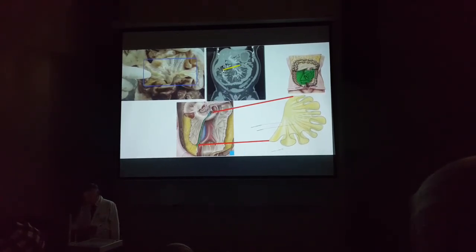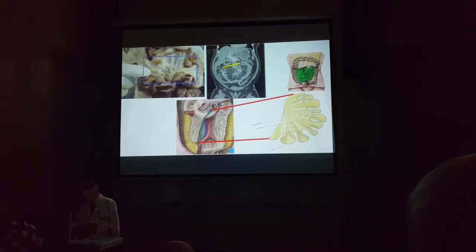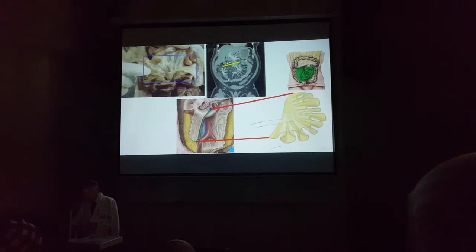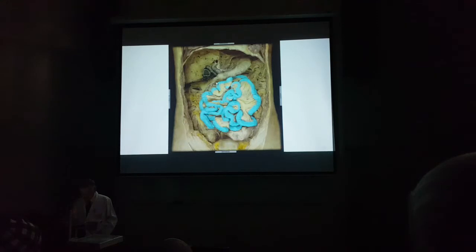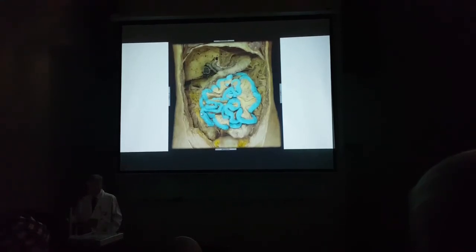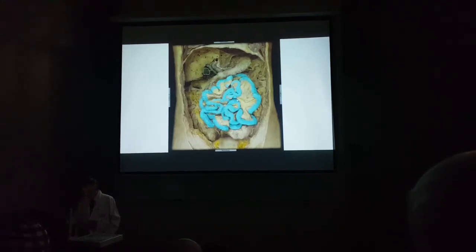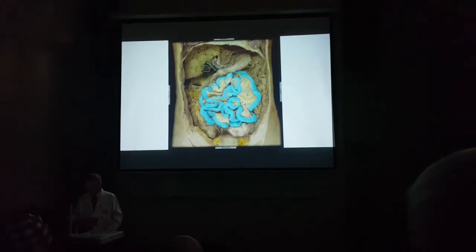This is a CT scan showing you the root of the small intestine, because this is the small intestine. We will learn why this is a small intestine. This is the small intestine marked green, and you can see how it is arranged. Okay, because it's so long and the root is so short. And this blue structure is the mesentery, and we know what a mesentery is now.